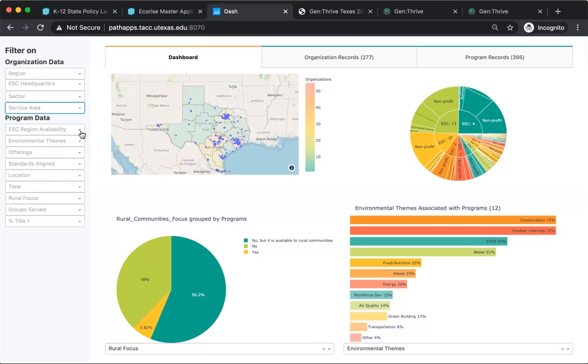Programmatically, you can search again by everything that's available within a certain ESC region. You can search by environmental themes that are being taught in that particular program. You can search by the offerings. So are they doing classroom presentations, field trips? Do they offer curricula, teacher training? You can also search by standards alignment, whether or not their programs are aligned to the standards, by location, if they're on campus, off campus, or if their programs are virtual,